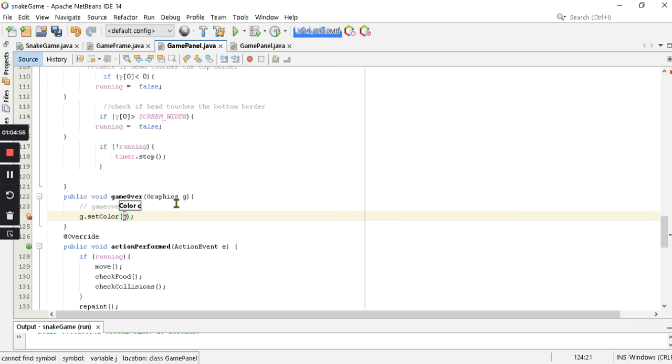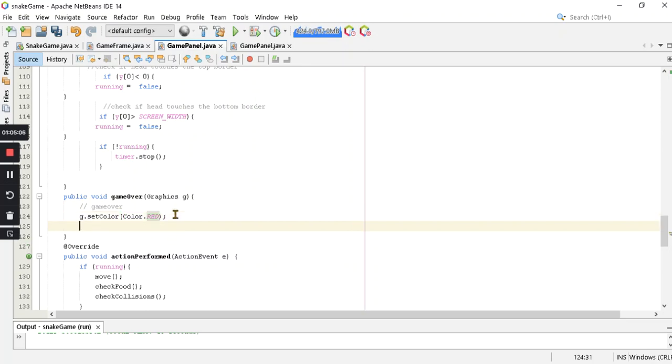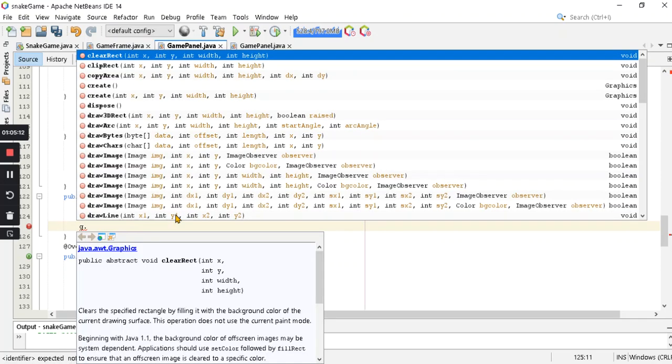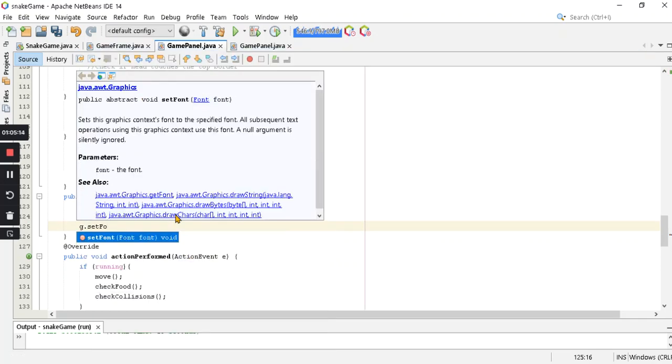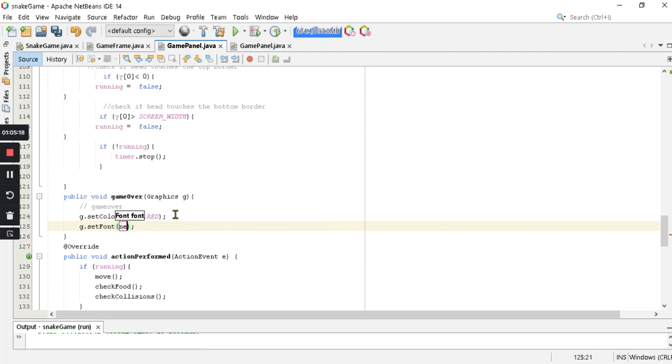I want to color that I think that is the suitable, and with that, set font. It is the font that if you want, it depends on you of what fonts you want, but for me I want